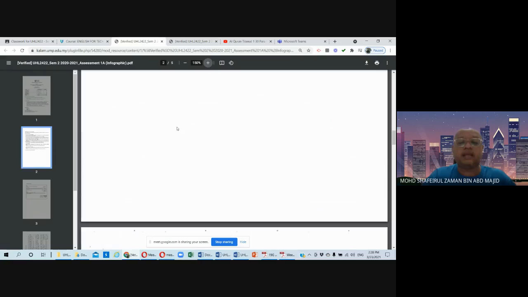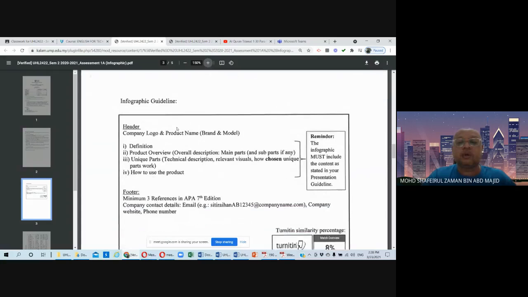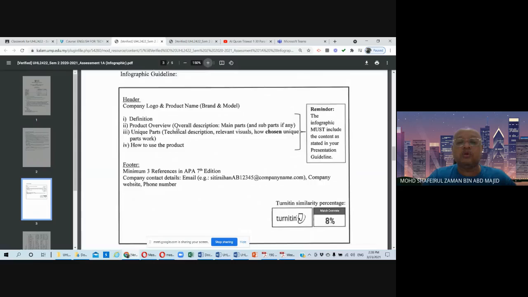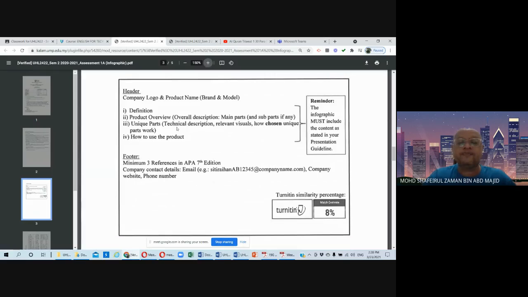That is about assessment 1A, and this is how your infographic should look. The image or the graphic should be at the center of it. Then you need to have the header, which consists of the company logo and the product name, the brand and model.